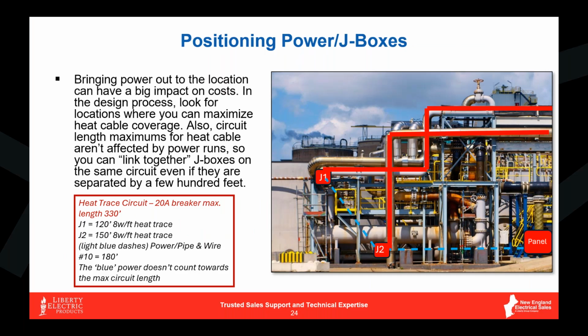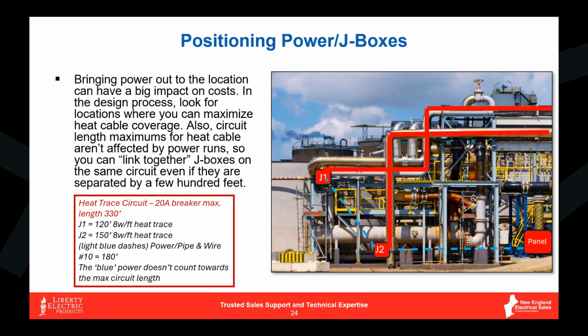But what I can say is that you want to position those J boxes so that, from this position, I know I can get out there and feed this entire run that I need to. Also, if there's potential to put more on the pipe, how close are the other pipes, to where I can jump over and add some more to this circuit length? Basically, what I'm trying to get you to understand is that if the maximum length in this example I've got below, using a 20 amp breaker, is 330 feet,